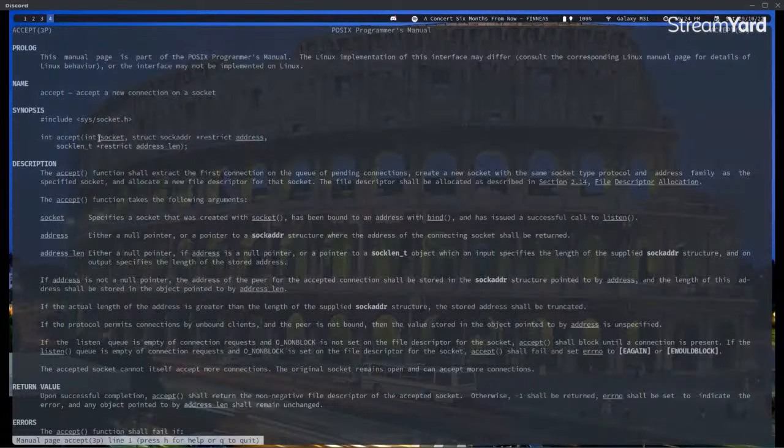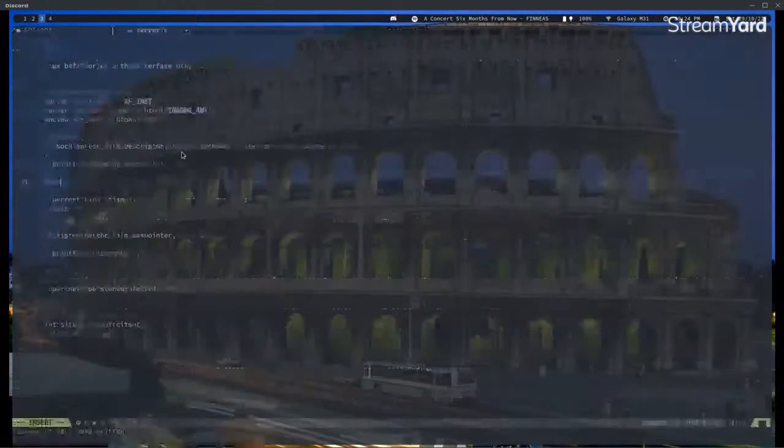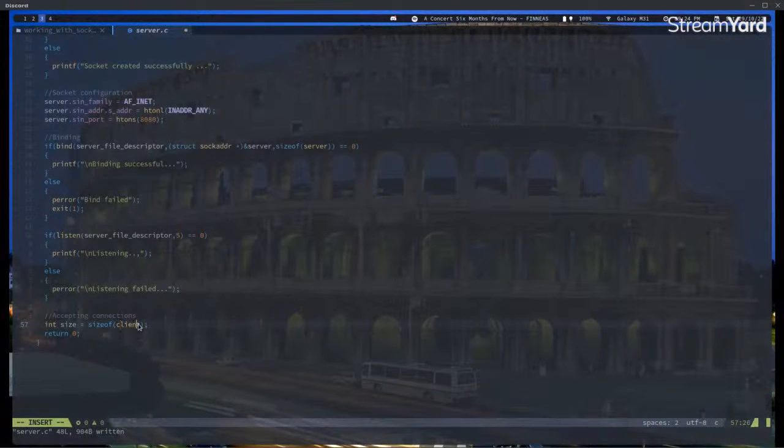The first argument is of the server, and then the second one is of the client. So the client we're listening to, the address of the client, will be stored in the client structure, and also the size of the client structure. That's good. So the incoming client information is stored,